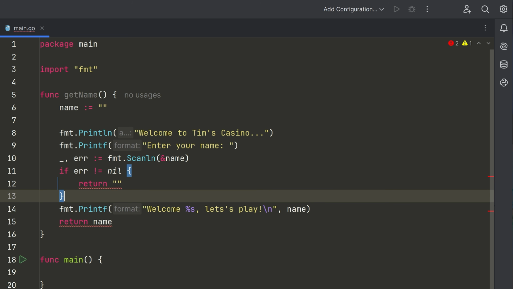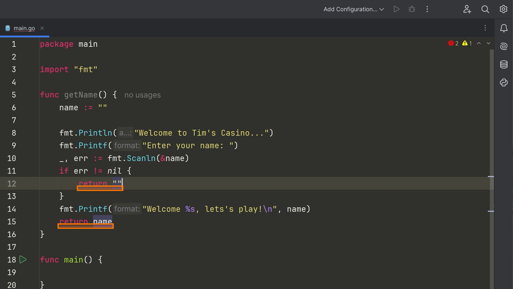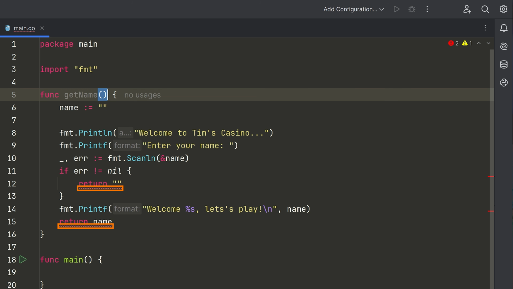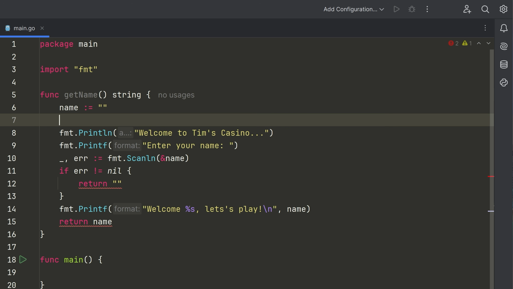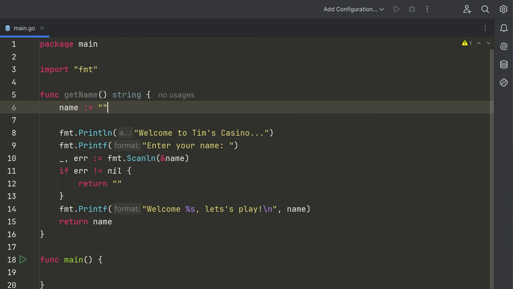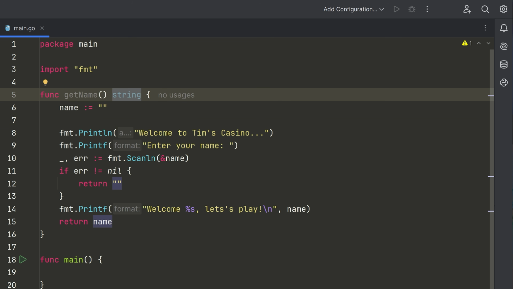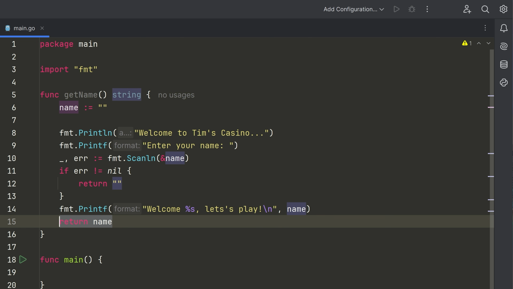Now you'll see here that in my return statements, I'm getting an error. And the reason for this is that in Go, you need to explicitly define the return type from functions. So what I need to do here is I need to actually write string, and I need to indicate that this function here returns a string. Okay, so that's what you can do. I'm saying I want to return some string, so I'm going to write that here, and now this return statement